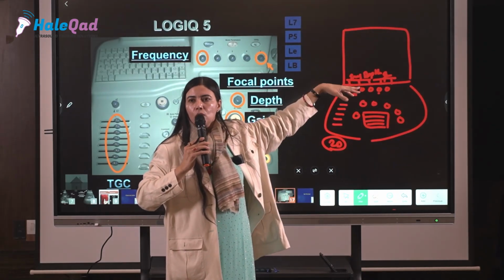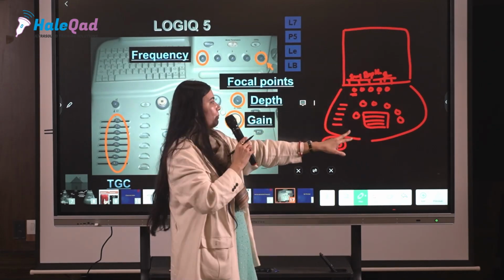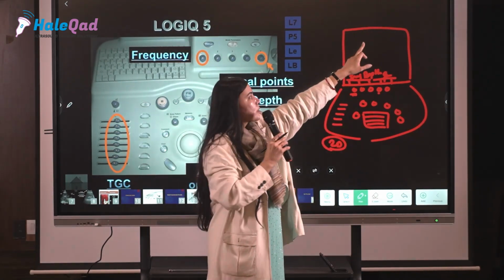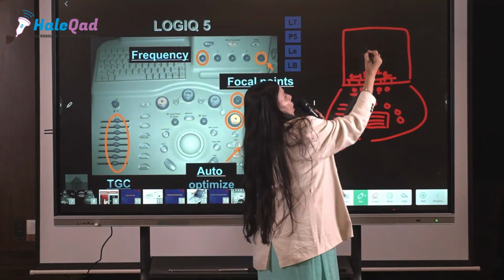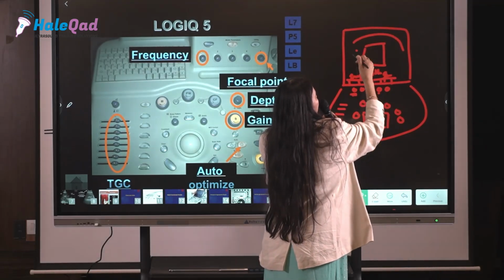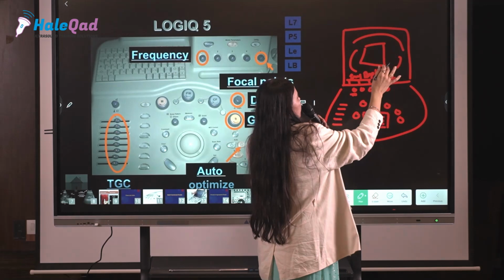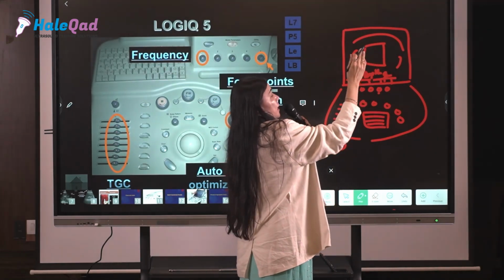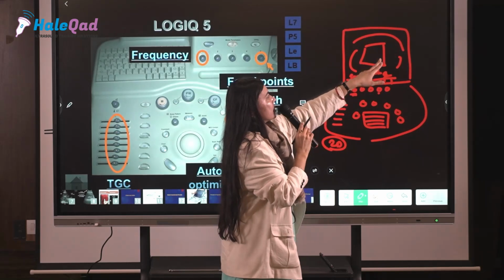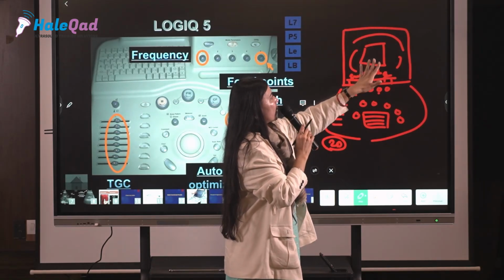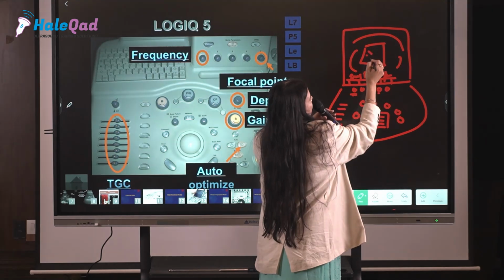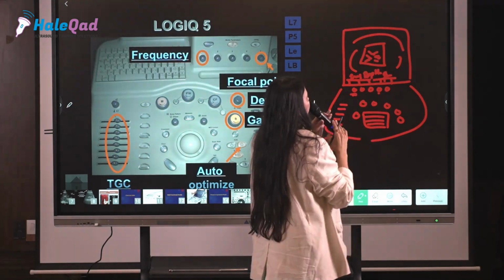Now I am switching on to color mode. I have pressed the color button here. Now the color box will appear on my monitor. This is the color box. This is the 2D area that I have focused on in a 2D scan. As soon as I press color, it is going to show color in, say, the heart, so it will reflect some red, blue and some areas like this.